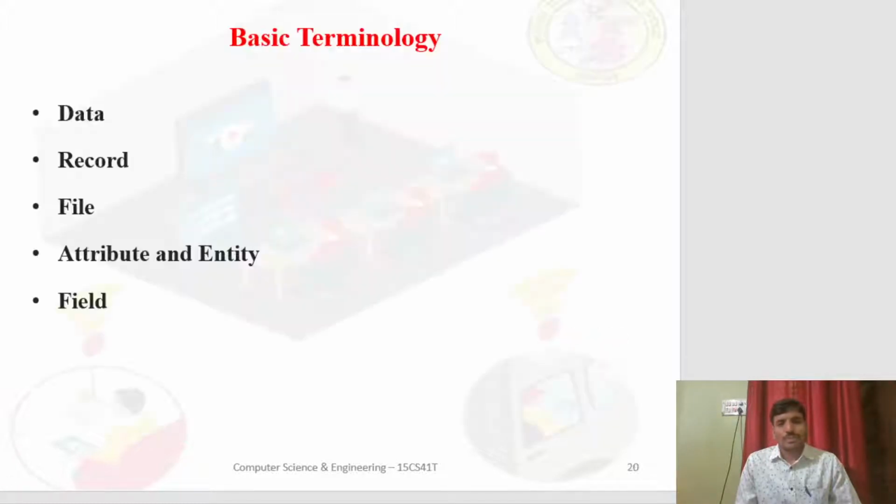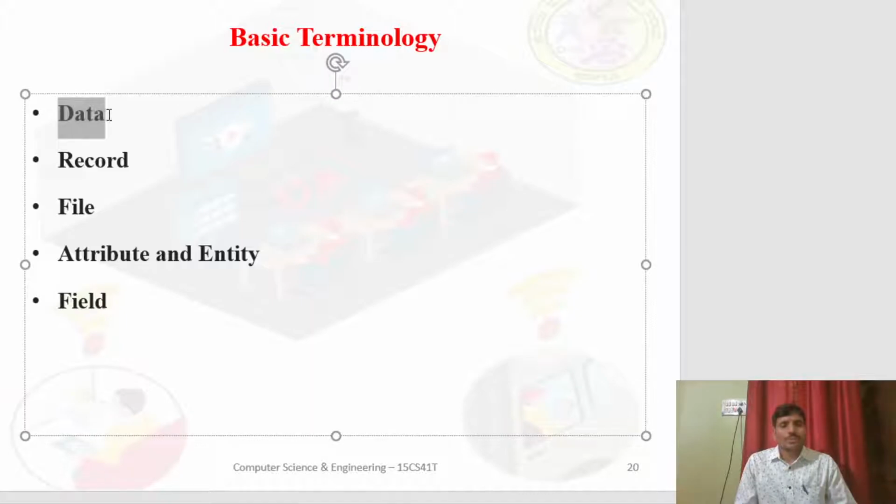Okay, students. Now let us discuss the basic terminologies that are associated with data structures. Coming to the first one, data. What is data? Data is a recorded fact or it is a unit of information.